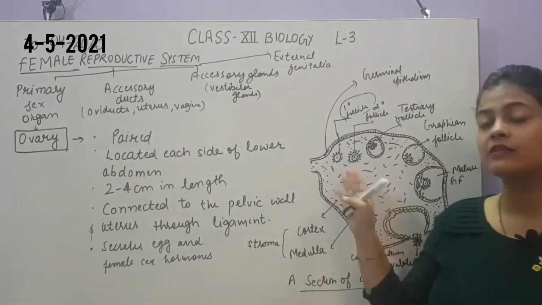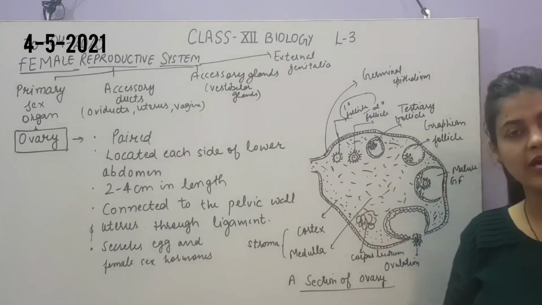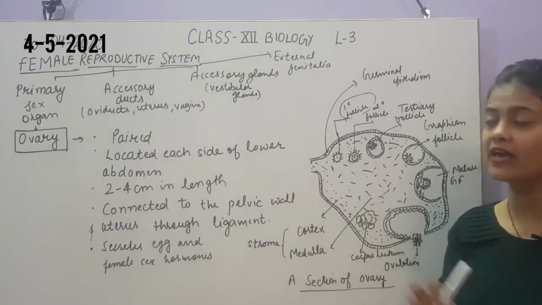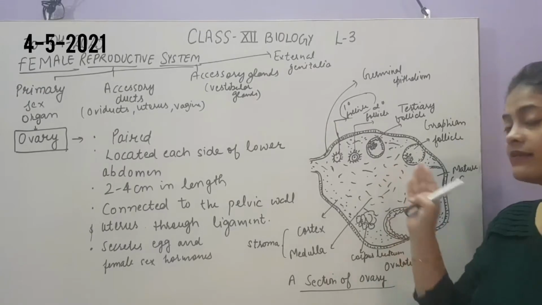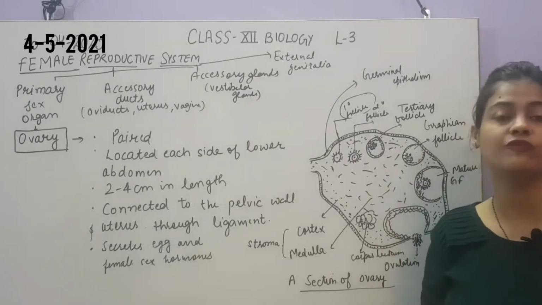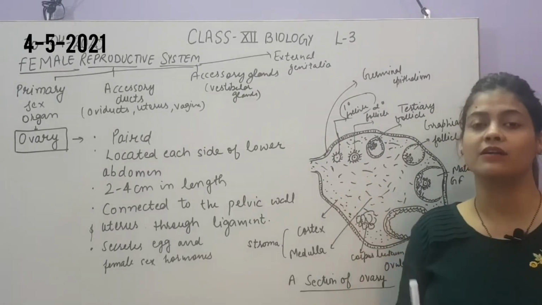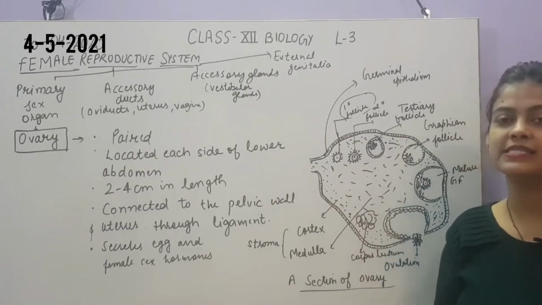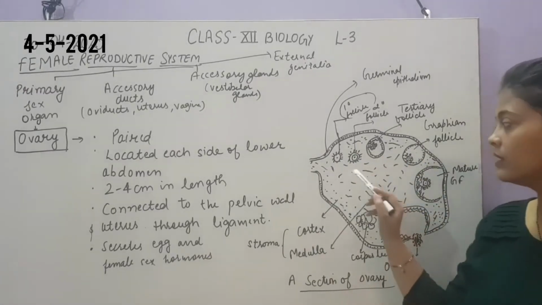So is it clear? तो दोनों ओवरीज जो होती हैं उनके अंदर प्राइमरी फॉलिकल्स का नंबर फिक्स होता है और वो ओवरी के अंदर ही रहते हैं, and at this primary follicle stage only, but as the female starts moving towards the age of maturity or puberty, at that time the primary follicle will undergo development to form the egg cell. So these are the developmental stages of the follicle.